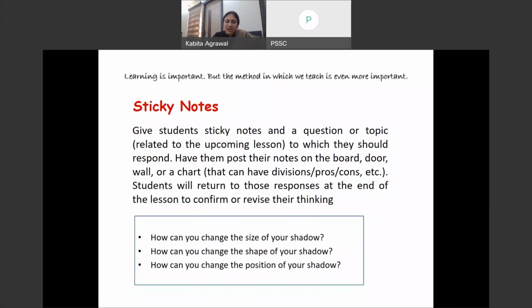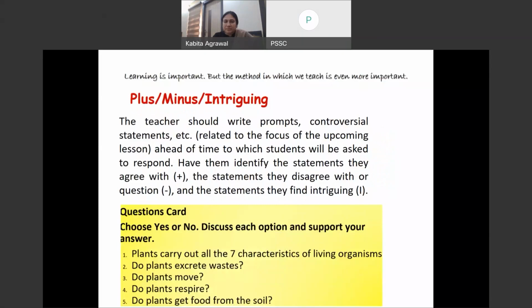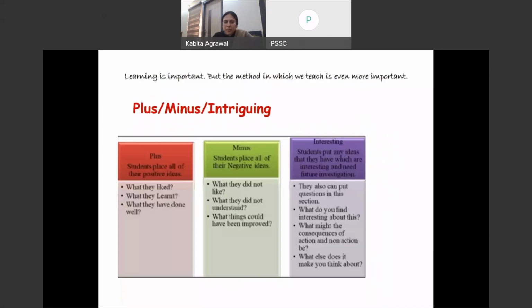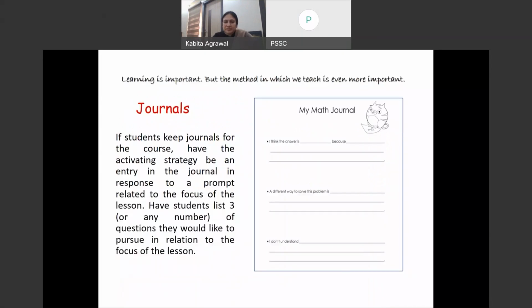Even date, I know you all maintain your sticky notes, so even it helps children to think and revisit. Plus minus, interesting, right? So journals,